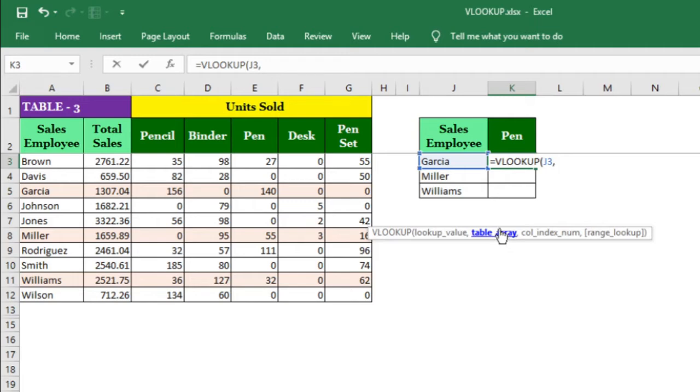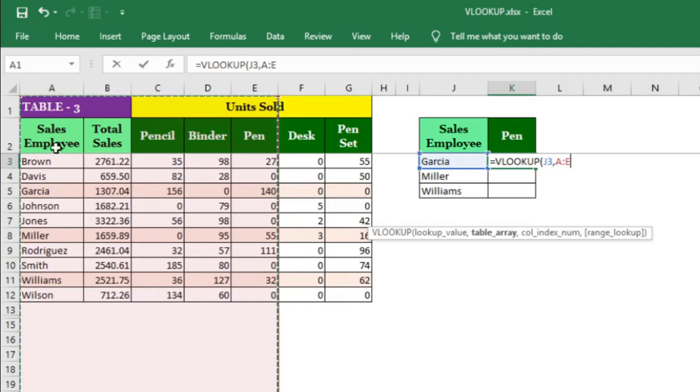But here is a condition. As VLOOKUP searches from the leftmost column, you need to start with the left column where the lookup value exists. In this case, it is column A because our search term Gracia is showing in this column. So select column A to E. Please note the column count. You can count from this small text. Do not release the left button of your mouse, otherwise it will disappear.